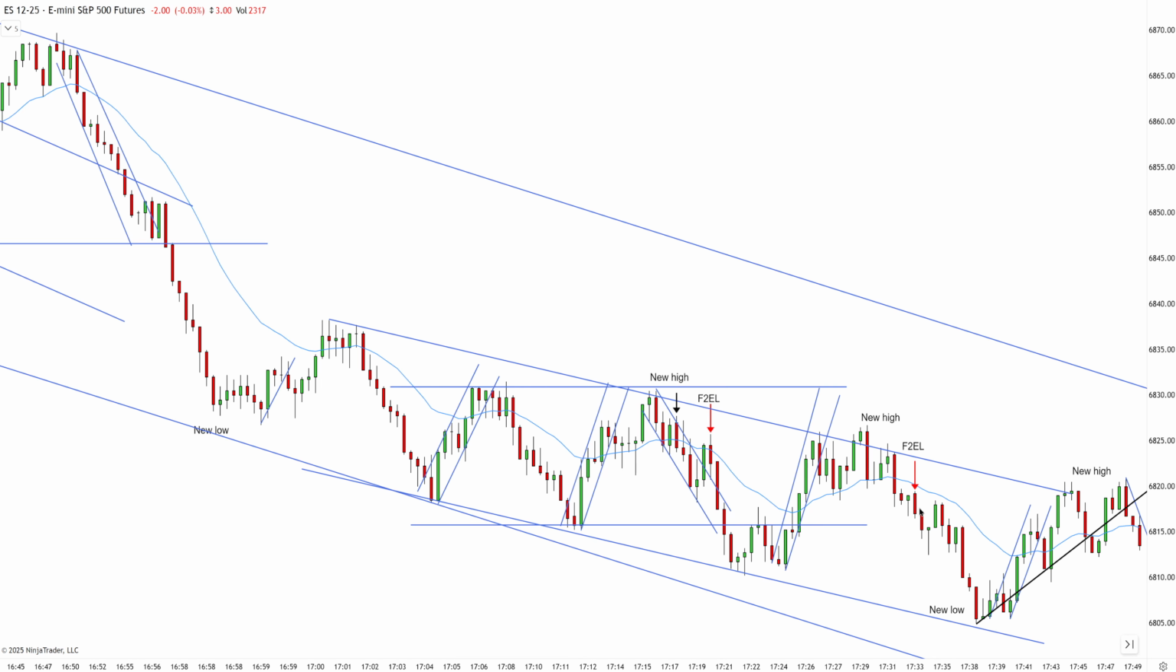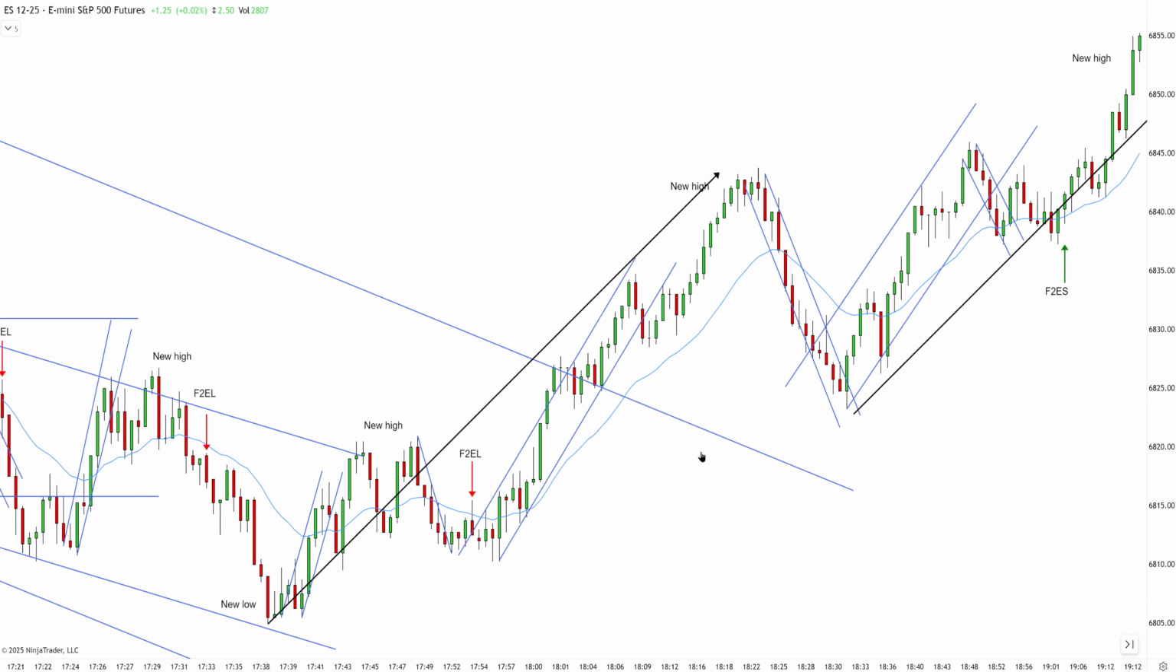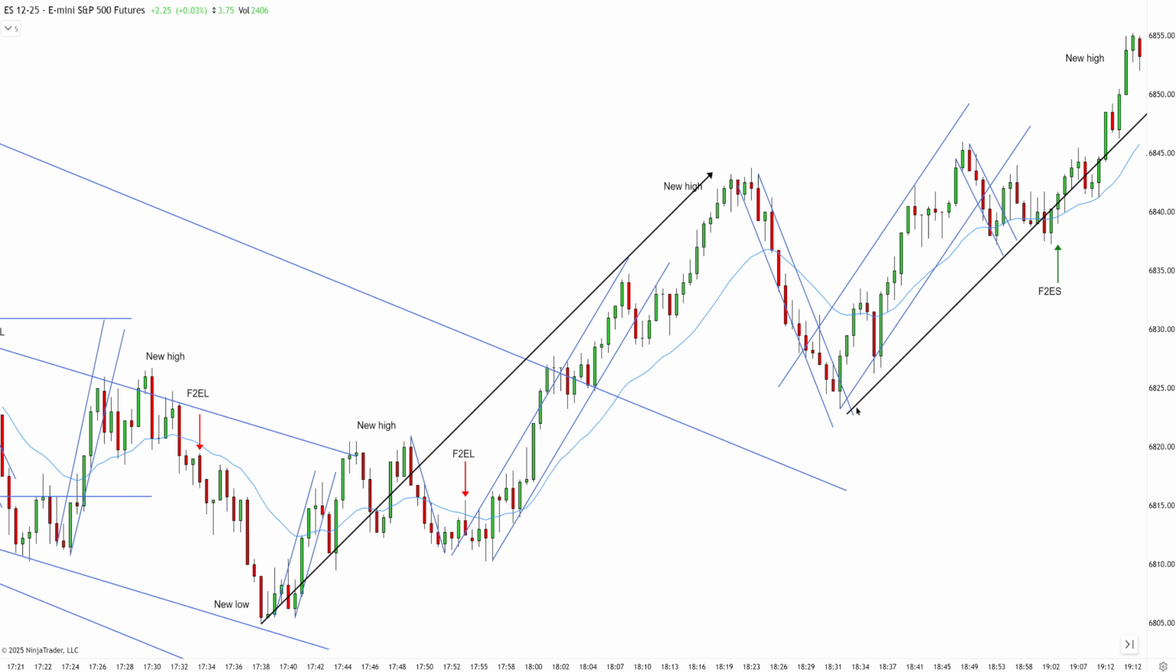There was another failed second entry long. This spike in the channel pattern needs a new low. This was an aggressive trade for me. We were going sideways, but I managed to get a small scalp. Breaking new high. Here I was expecting a new low for this downtrend, but you push back above the EMA,